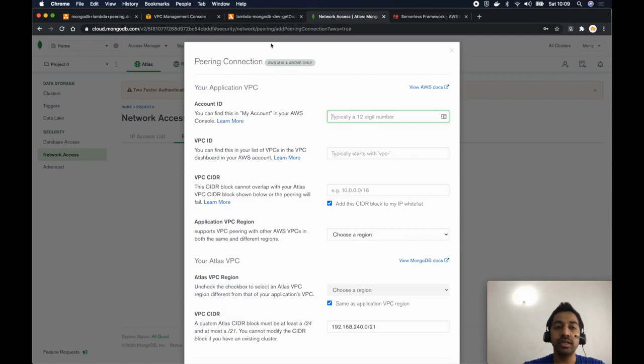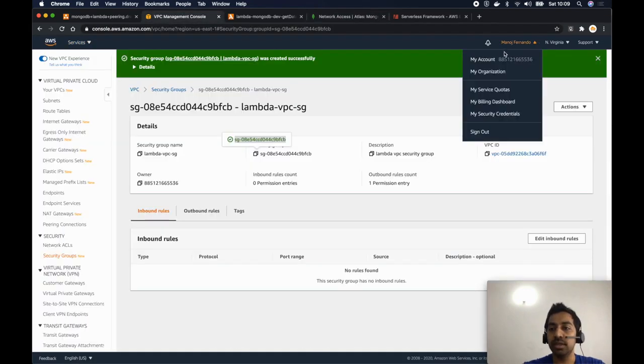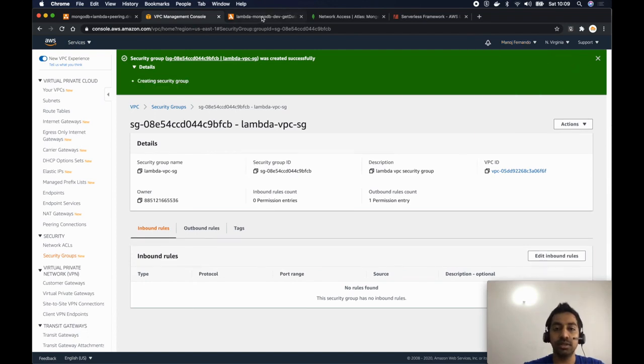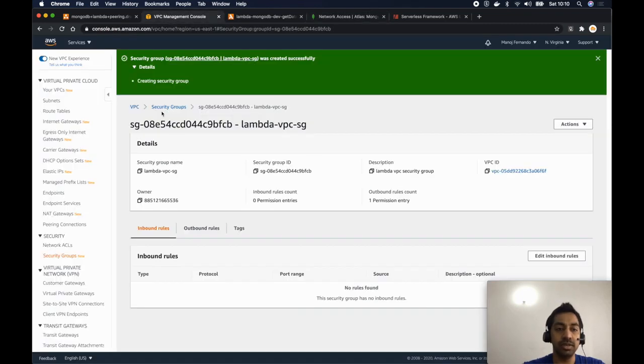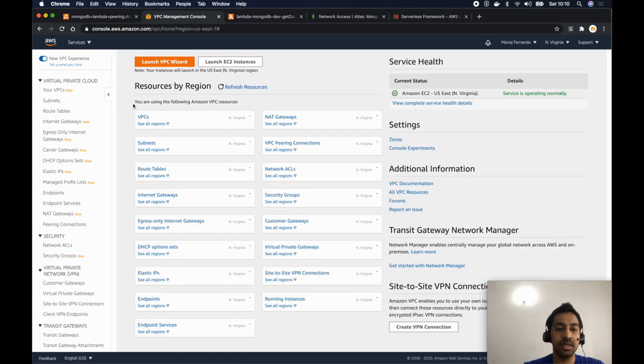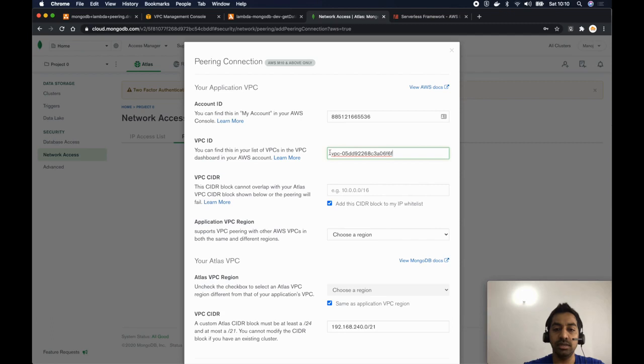Now you can find the account ID if you go to your AWS, and if you click here, then you get the account ID. So I'll just copy that one and paste it here. Then I have to put the VPC ID. So I'll go back to my VPC and click on the VPCs again. So the VPC ID for my YouTube VPC is this one. So let me copy this one from here and paste it there.